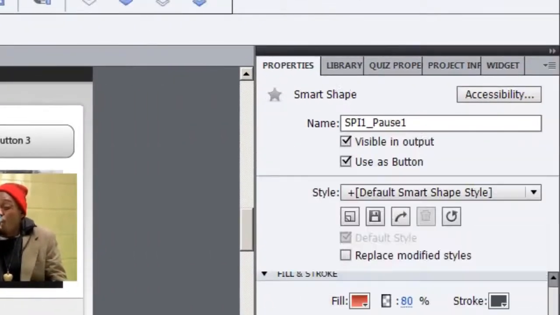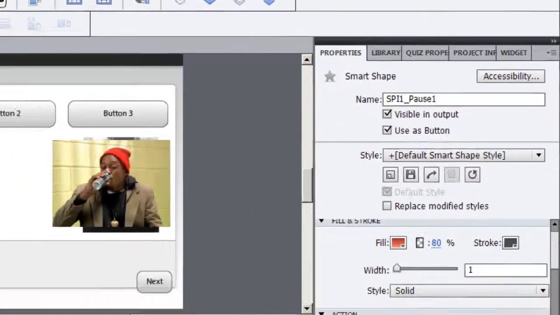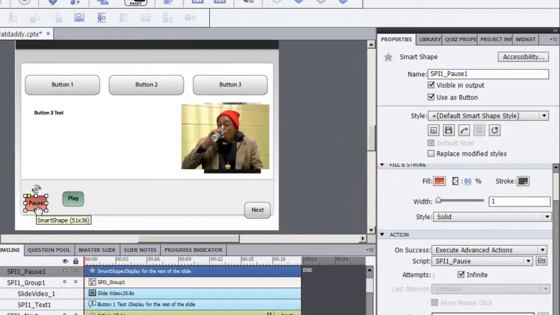and you'll notice that I use that theme throughout so I can keep things consistent, and I'm able to locate them quickly by page. You'll see that I've labeled the buttons here. This is a pause button. It's just a rounded smart shape that I'm using as a button, and I'm calling it SPI1 underscore pause 1. Well, let's change this to pause button just to be meticulous and irritating. All right. So SPI1 pause button, and we're going to make this button visible in output right off the bat,